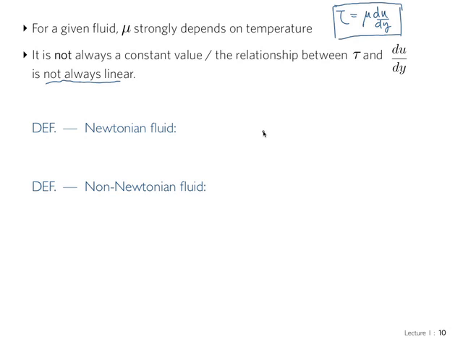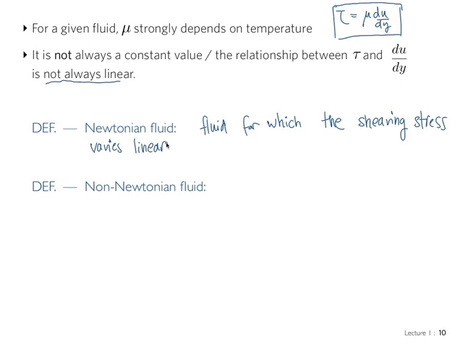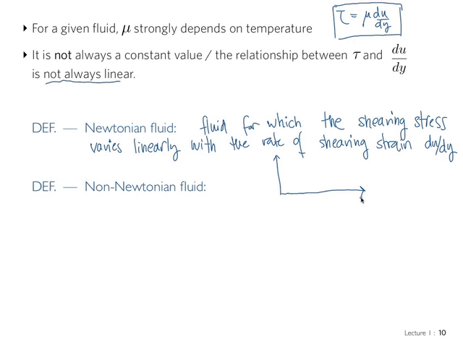So what is the definition of a Newtonian fluid? This is a fluid for which the shearing stress tau varies linearly with the rate of shearing strain, du dy. So if we were to draw a plot of tau as a function of du dy,